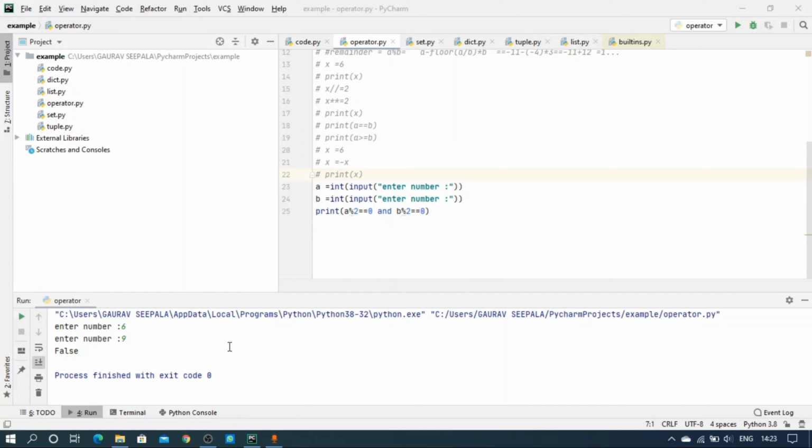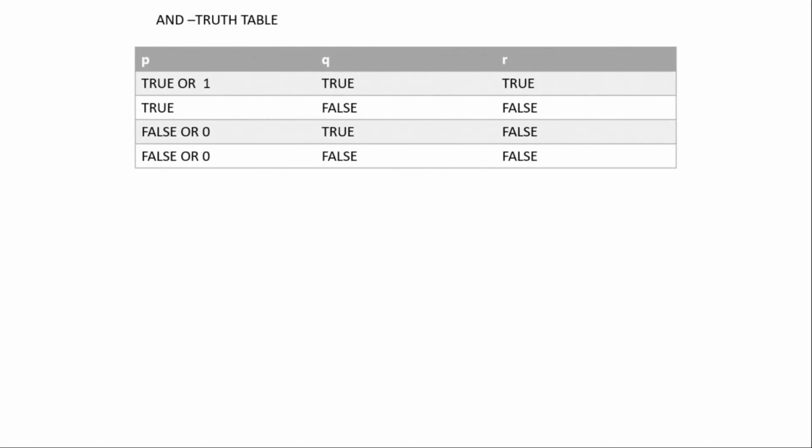In order to know the behavior of a logical operator, we need to know the truth tables first. So let's see the truth table. This is the truth table of our AND operator. Here we have three columns, P, Q and then R. P and Q are the resultant output for each condition, and R is the resultant for both the conditions at a time. So here we have true for the first one and true for the second condition. So we got the final result as true.